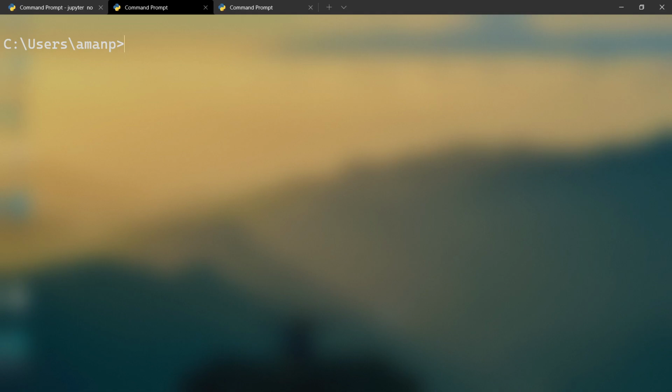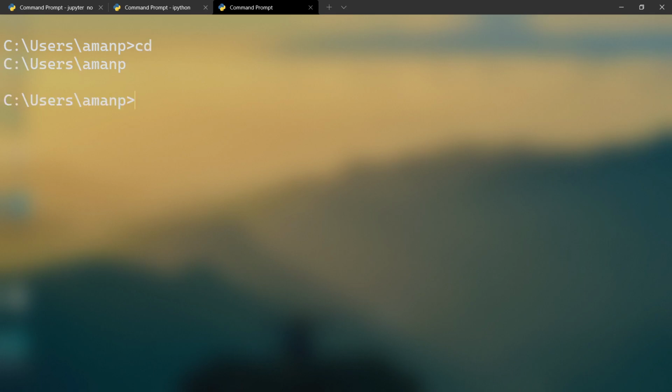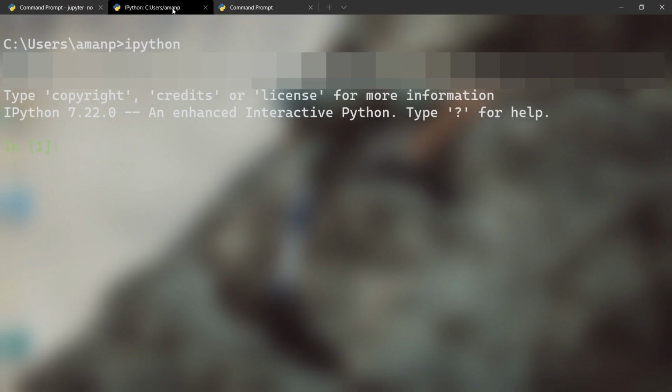So let's first start the IPython console by typing ipython. We know that when we type cd in the command prompt or PowerShell, we get the address of the current directory, and the same result we can get in IPython by typing %cd.